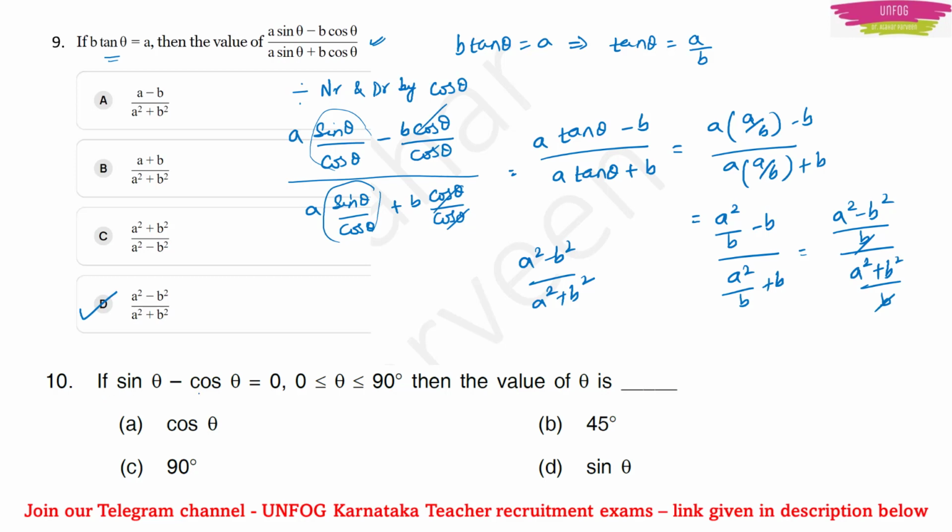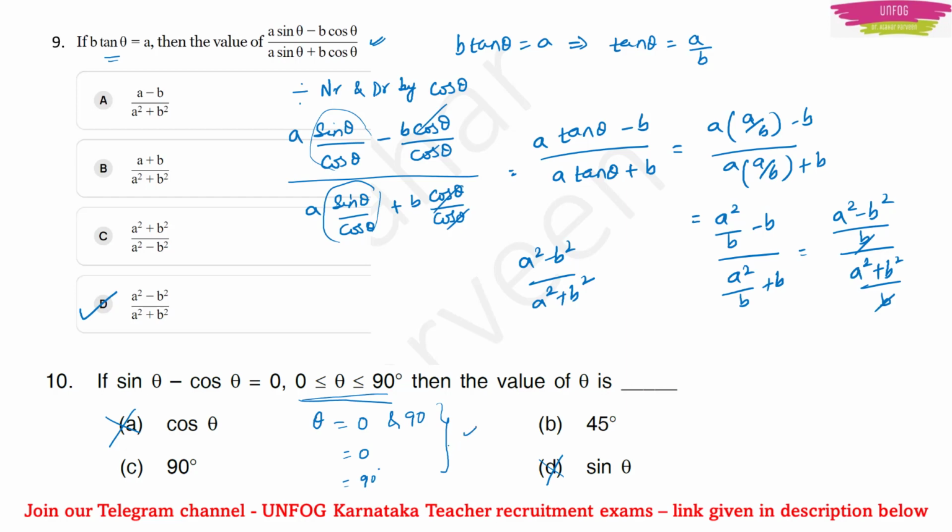Next question. If sin theta minus cos theta is 0 and theta is lying between 0 and 90 degree, then the value of theta is: 0, 45 degree, 90 degree, or so on. So if you want to focus on this thing, if you are interested, then also you will get the answer because here theta is lying between 0 and 90 degree and it may be 0 degree or it may be 90 degree. Okay, so from this thing you have to decide. So two options got cut. Option A and option D got cut. You have only B and C now from this condition. Okay,